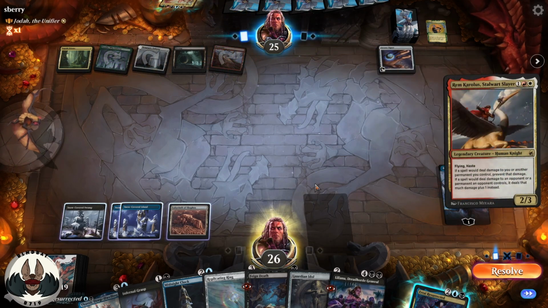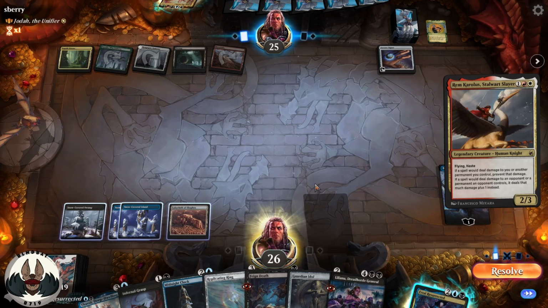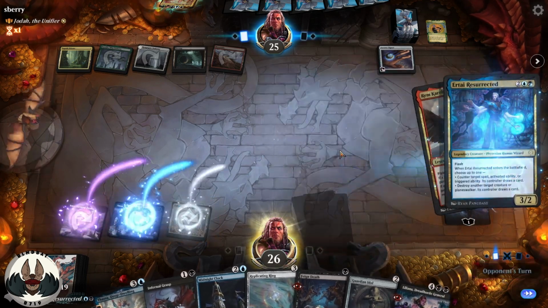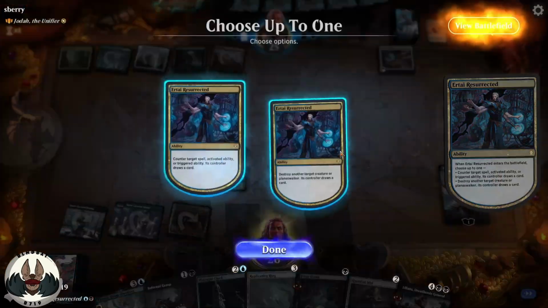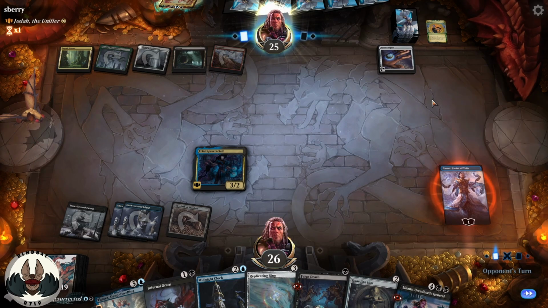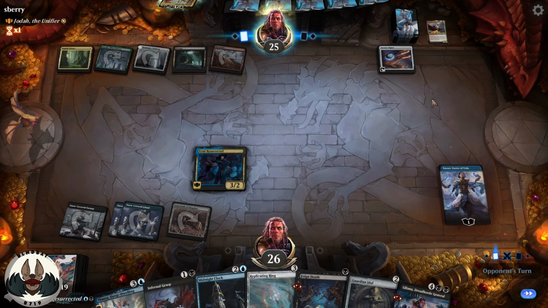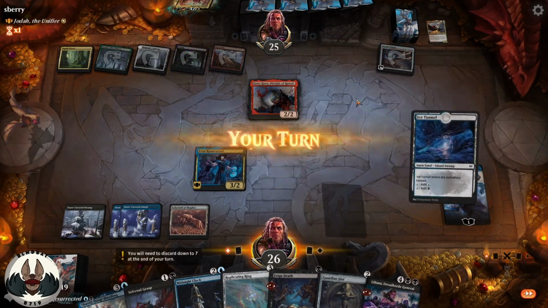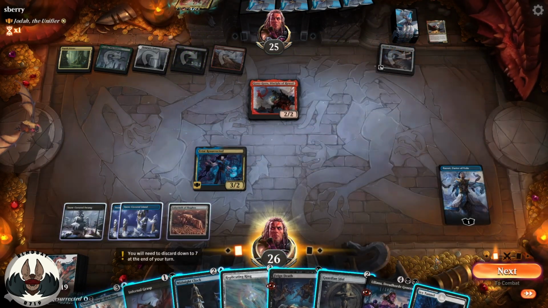Rem Karugas, Stalwart Steward. If a spell you would deal... Alright, let's just counter that. I'm not even going to wait to see what they can do with it. So we'll just counter it. And you got a removal spell for Ertai. Goro. Okay. Alright, so I can go...